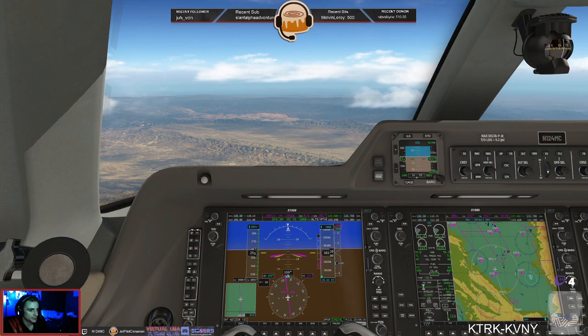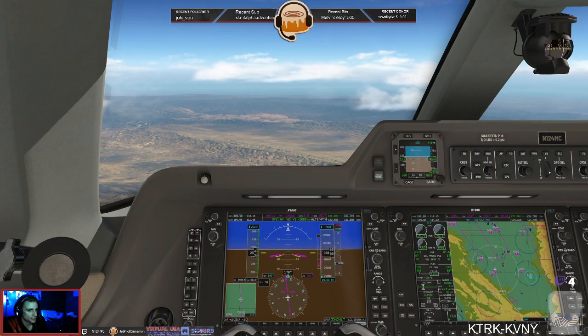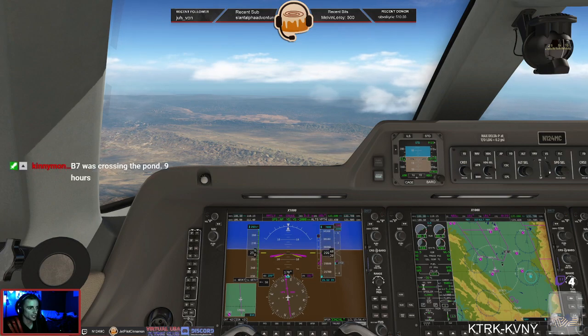Maybe I can get it to VNAV into it. That's not how it's supposed to work. It's supposed to work. I had VNAV armed. We hit the top of descent nugget, so I'm confused. Maybe it's fixed in an update. Maybe that's why I have to update it to